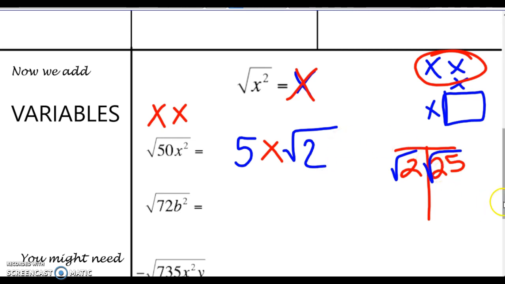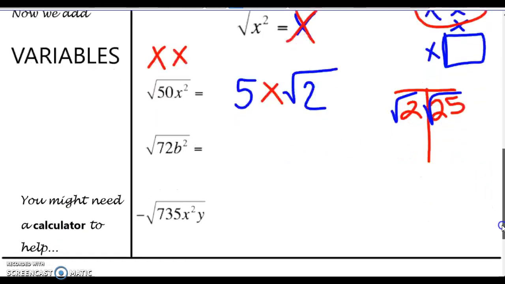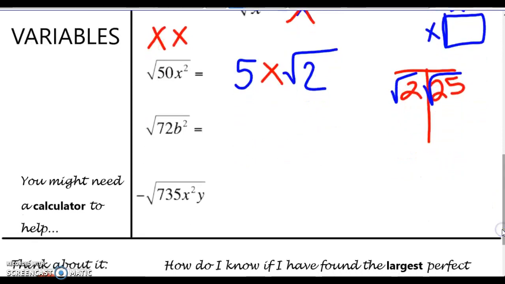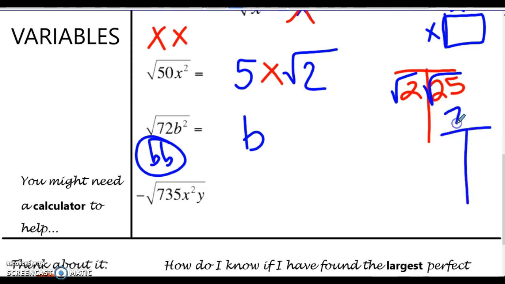All right, how about this next one? 72b to the second. So b times b. Do you see that's one pair that I can pull out? I always just like to deal with the letters first. Then 72. 1 and 72, that's not helpful. So then does 2 go into that? Yep, 2 goes into 72